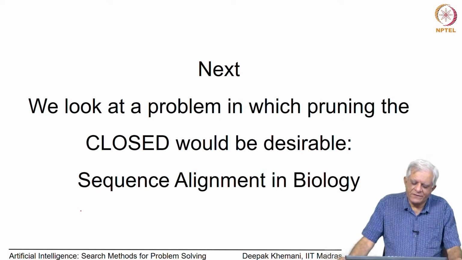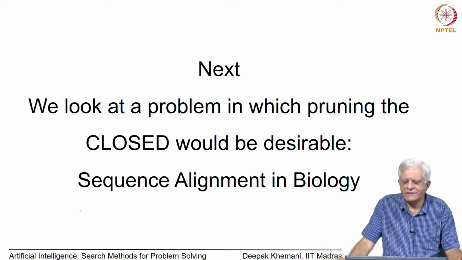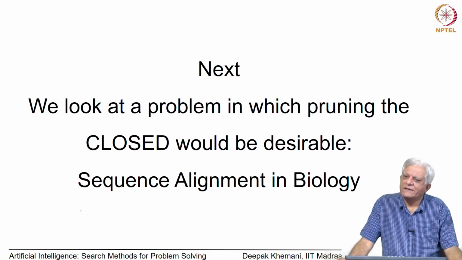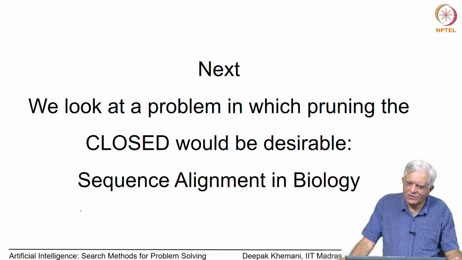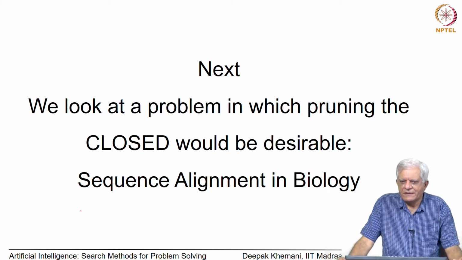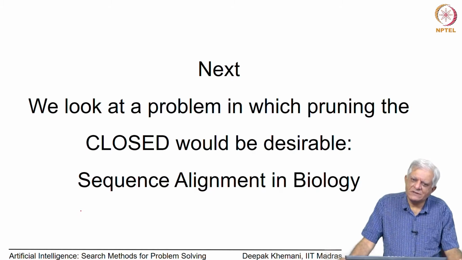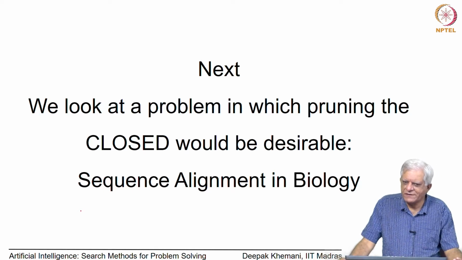So, welcome back. In our study of A star algorithm, the last thing we studied was the monotone property or the consistency property on the heuristic function, which said that the heuristic function underestimates the cost of every edge in the graph. We had said that a consequence of that is that the nodes that we have to add to closed do not have to be updated again, because they already have the optimal path found, and therefore, if you can manage to not keep them and devise algorithms which do not need closed,